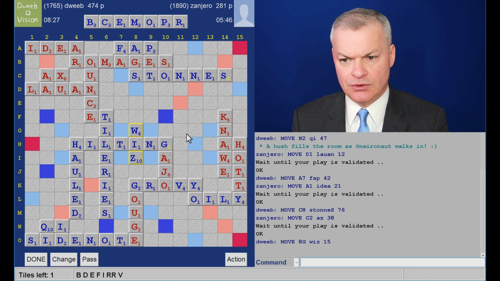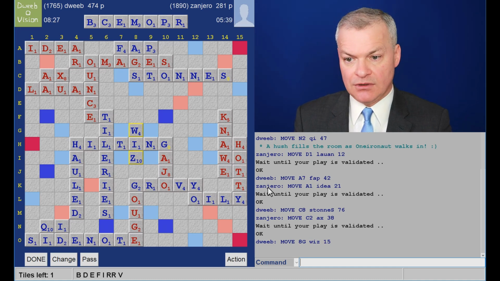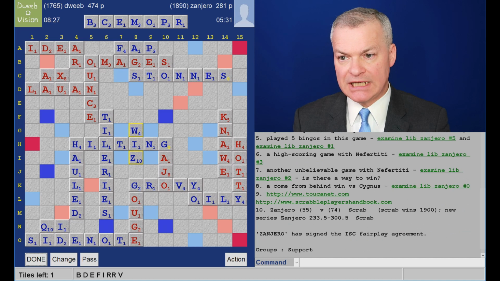I feel I should know who my opponent is. So let me see the publicly available information about him. Marlon Prudencio from Singapore. He's a top player. Finishing 6th at the Westpac event in Perth, which was my first ever